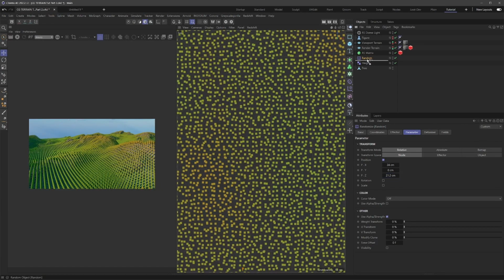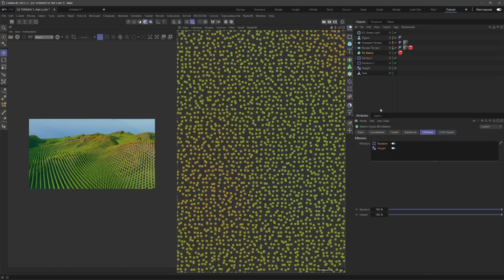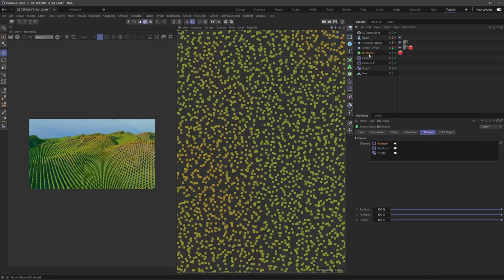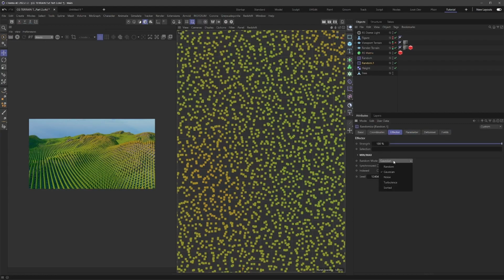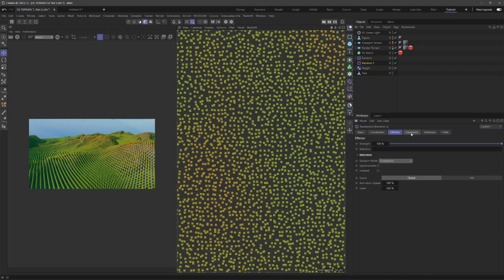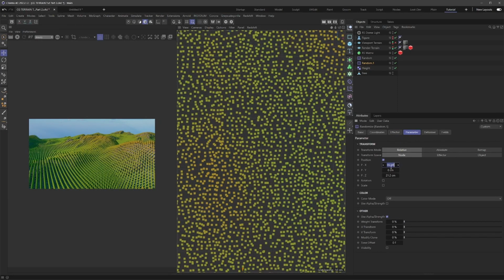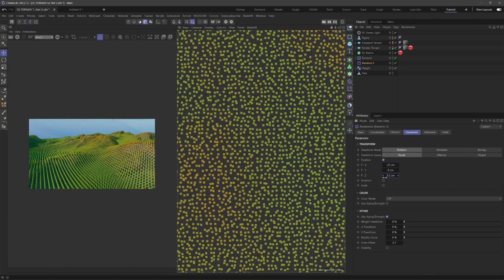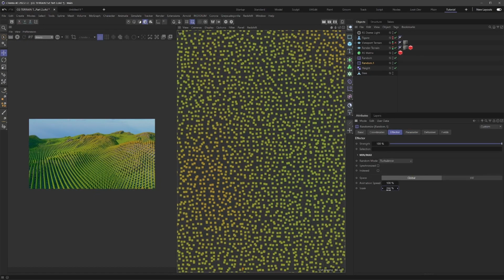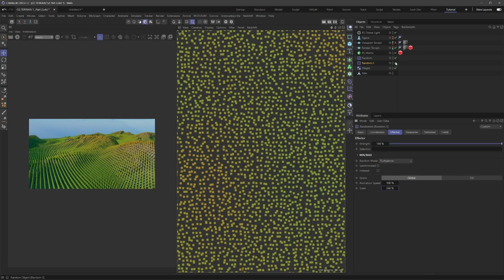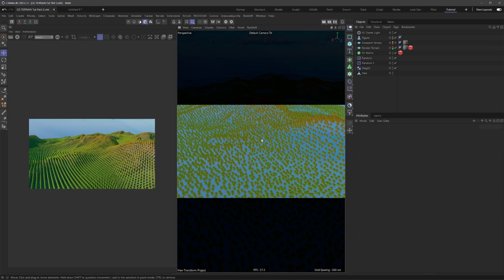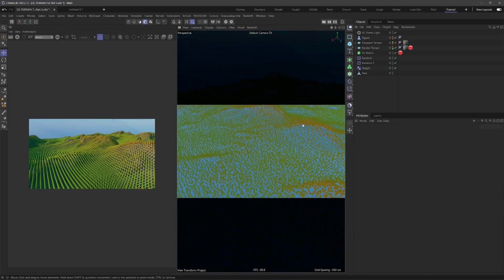You know what we could do? Let's just double this up. So we'll do effectors. We'll go random 2, even though it's called random 1. So this one we will set to be turbulence, and then let's just change these. Let's go -22, something different here, and scale this down. Now we're getting a nice kind of additional bit of randomization there, and I think for all intents and purposes